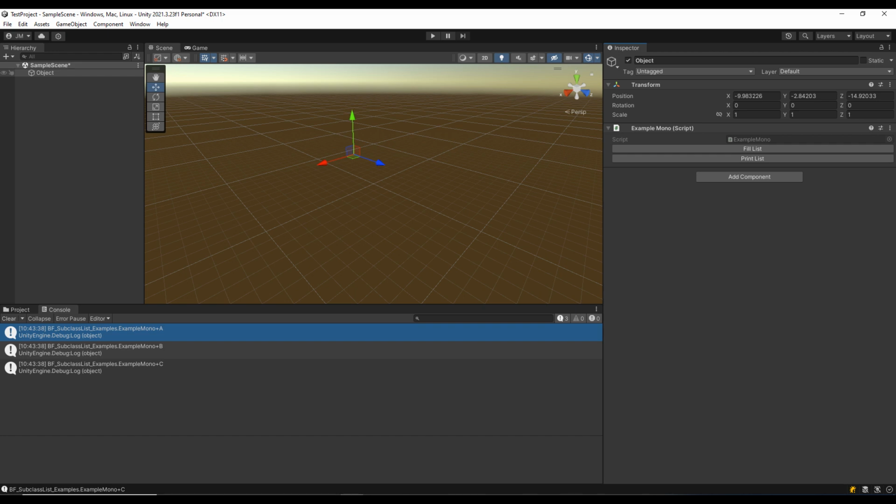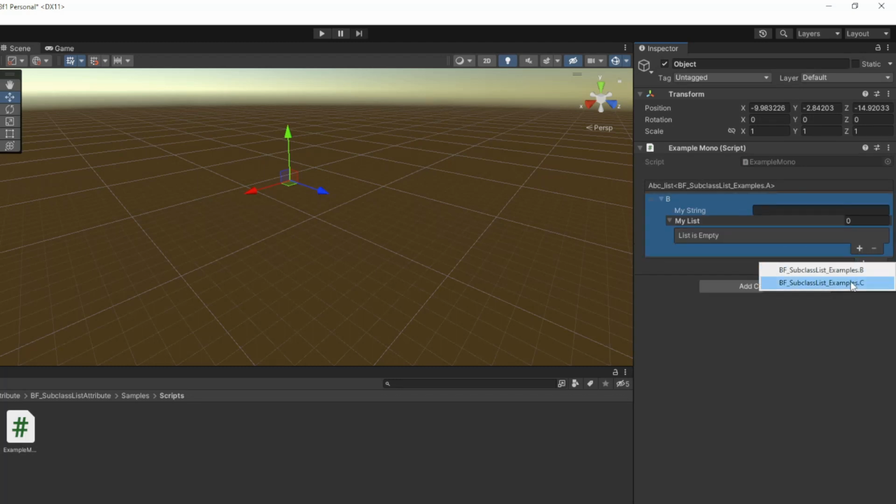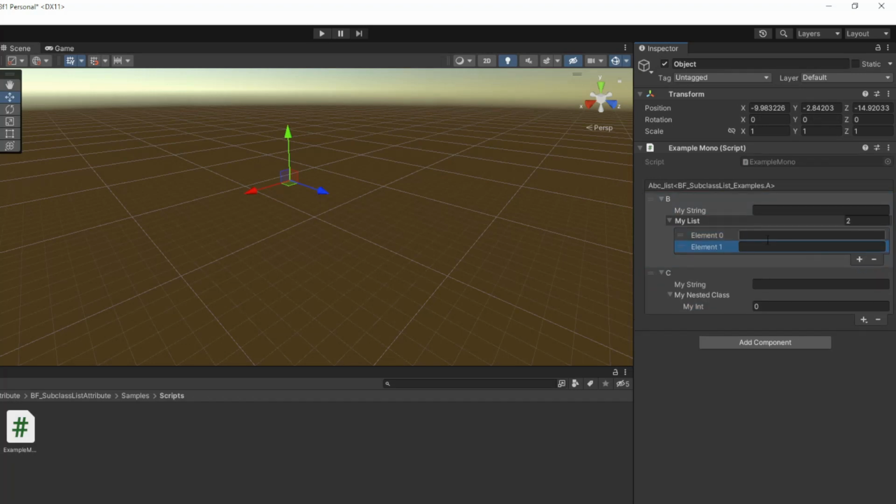However, again, SerializeReference is not viewable or editable in the inspector. However, this makes sense, because if you had a field of type A, how would the inspector know to populate it with A, B, or C? Same with a list. However, I have actually created a list that will allow you to populate a list of type A with Bs and Cs and Ds, with a drop-down, and that's covered in my other video